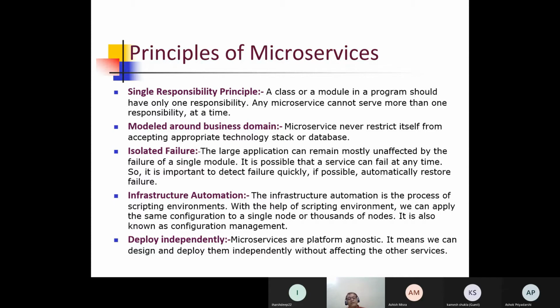Naturally, different databases might be there. Those applications might even have been developed in different languages. There is no rule that we create microservices only in Java. We can use PHP and other languages also.